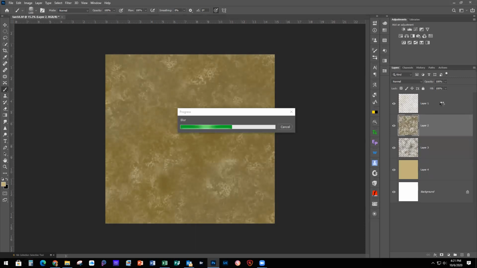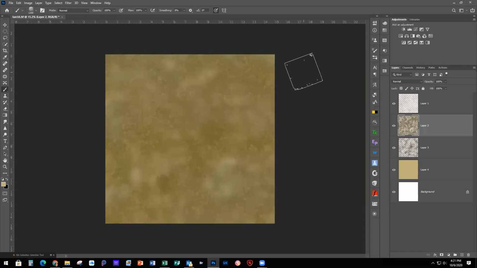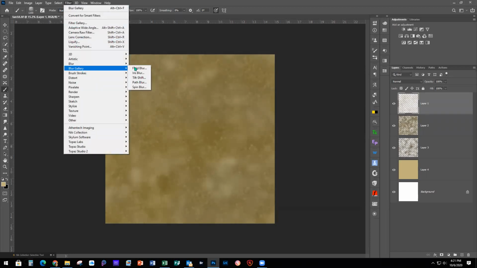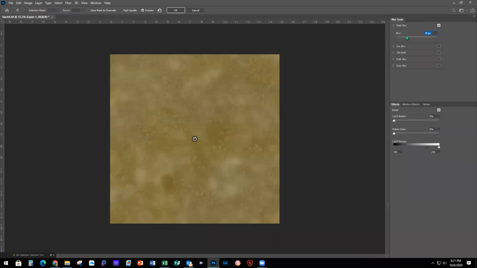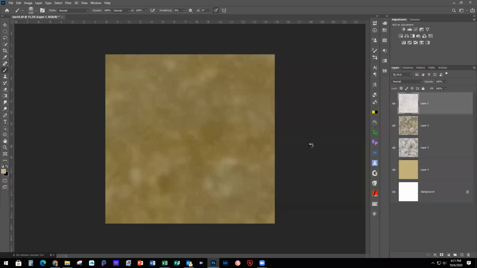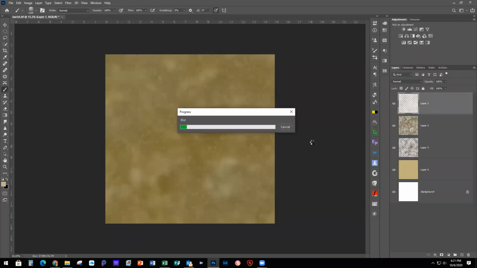Sometimes it takes a few seconds because these are large files and we're doing lots of stuff in there. Sometimes it gets slower than others. Okay, so now we're going to go back to our last layer and do the same thing. Filter, blur gallery, field blur, and blur it there and say OK. And once that one's done,